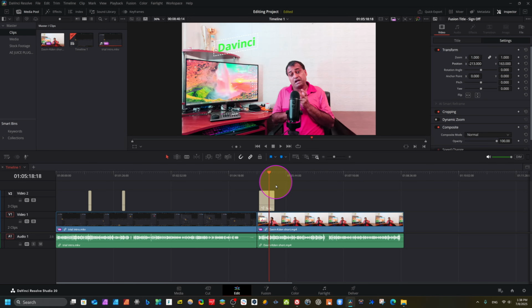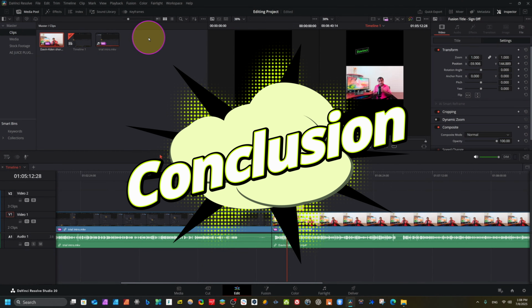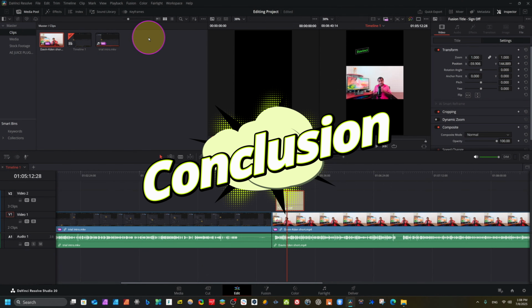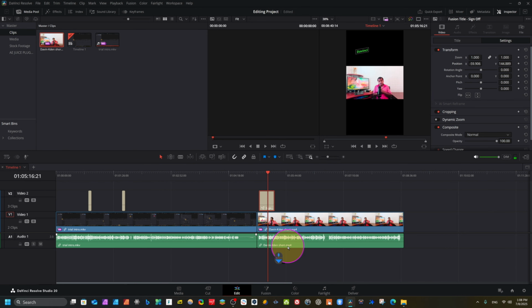So in this way, dear friend, you can understand and use this tip. It will help you a lot for fast video editing, for the smooth performance of your timeline inside DaVinci Resolve. Actually, these are the main settings through which you can control DaVinci Resolve. Dear friend, apply all these settings to your timeline. You can see we can even change the project settings, timeline setting, and later we can return to the default setting before exporting our video.